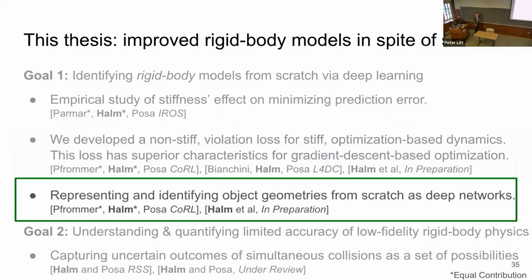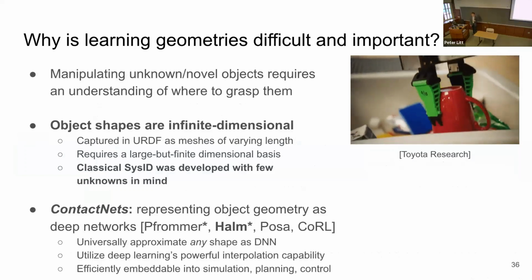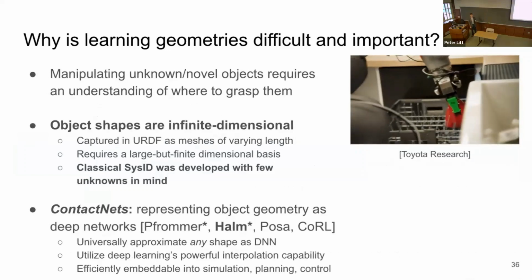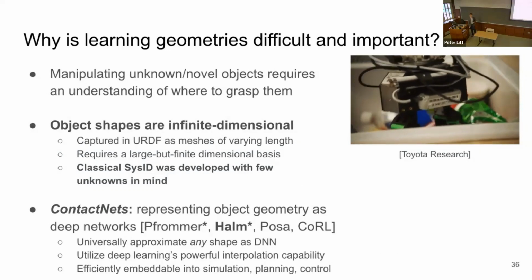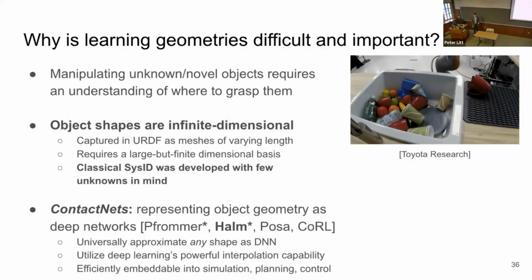And now we're going to transition to talking about new types of physical models that we are going to be learning by optimizing this loss. And specifically, we're looking to transition from the classical regime of fitting a couple scalar values like masses and coefficients of friction to reconstructing entire high-dimensional unknowns from scratch, such as object geometries. And particularly for manipulation, where robots need to interact with previously unseen objects, it is very valuable to identify the geometry of those objects such that your robot can know where and how to grasp them to accomplish tasks.